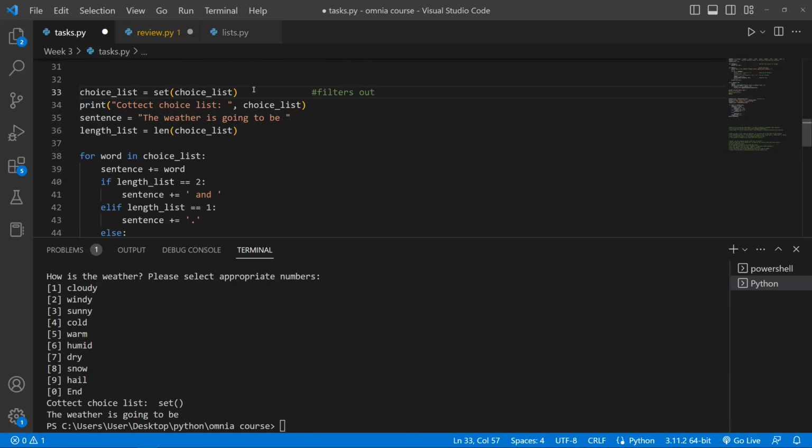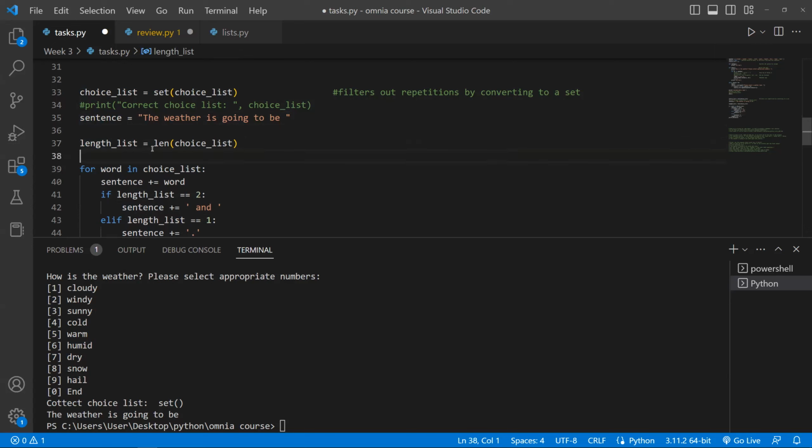Filters out repetitions. And what was next? We have correct choice list. Well, we printed this list, but we don't have to anymore since we know it works. So we'll just skip that. And this is our ultimate sentence. We can change it a bit. I mean, we could be changing it if we wanted. But for now,